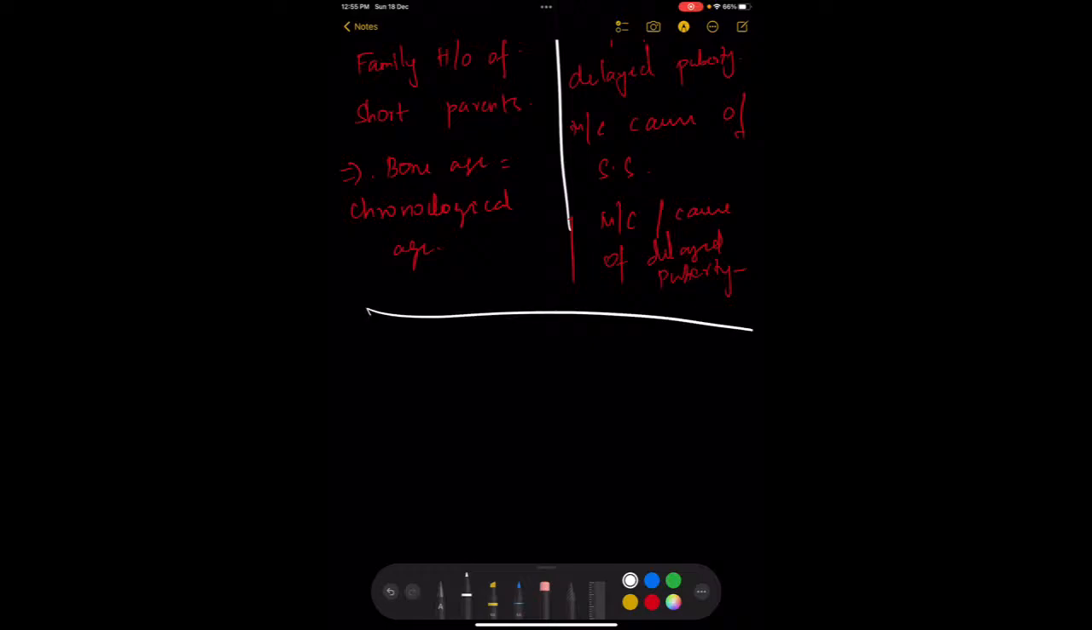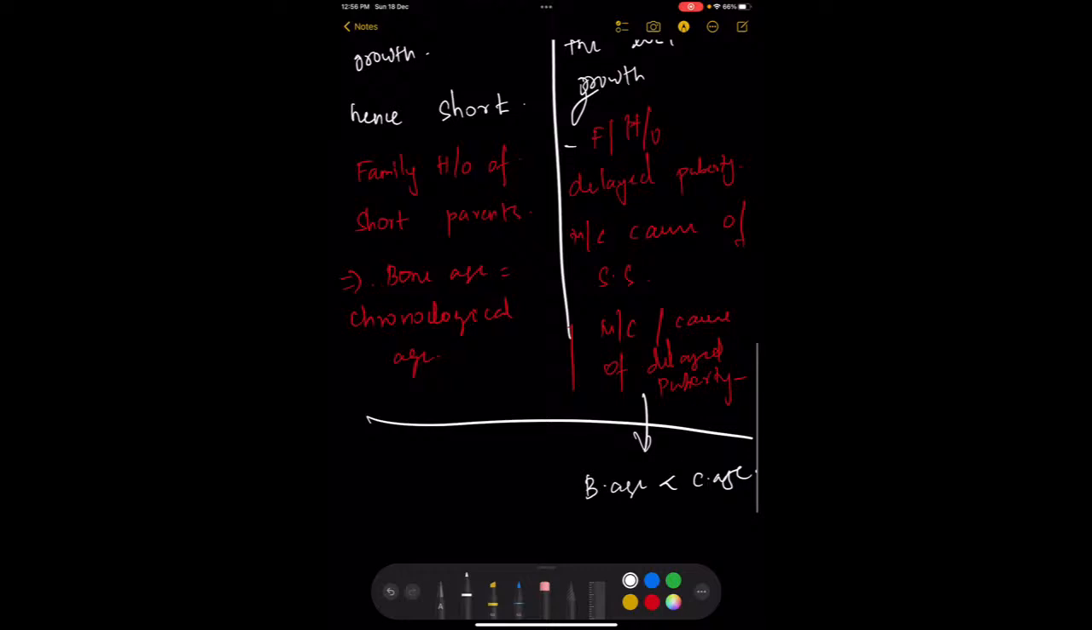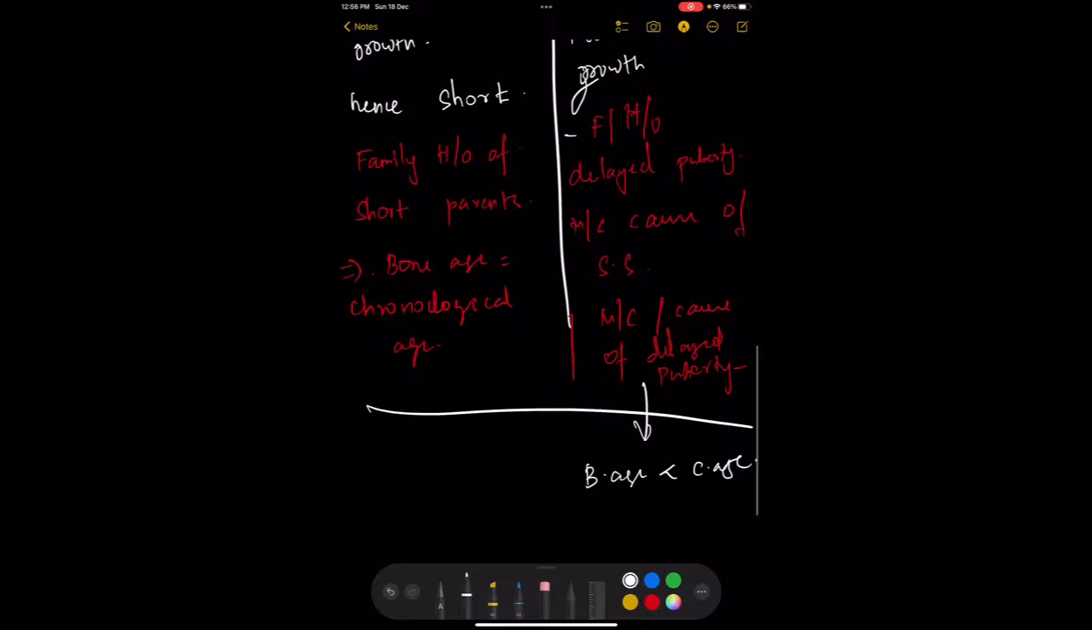Here the bone age does not correspond to the chronological age. Bone age is less than the chronological age, but in the other condition the bone age is equal to the chronological age. So that's all. Next we are going to see about the